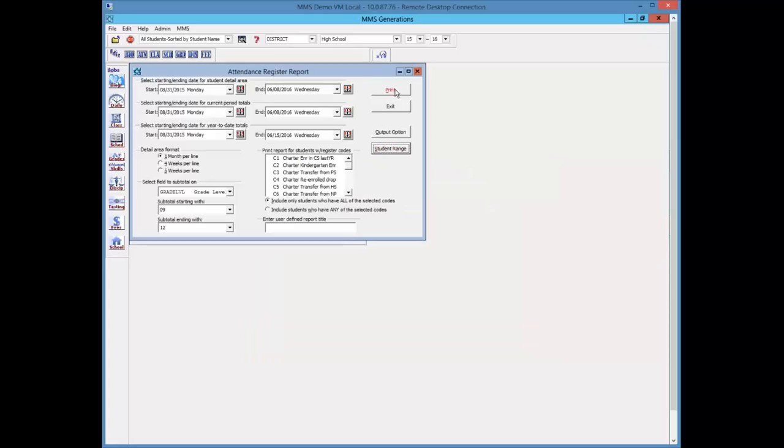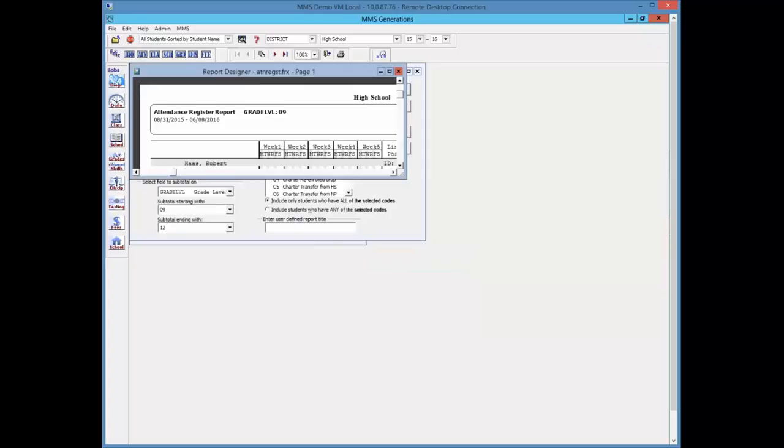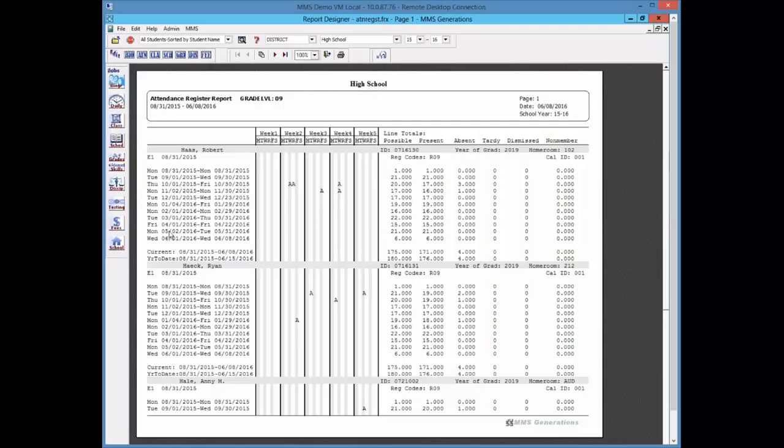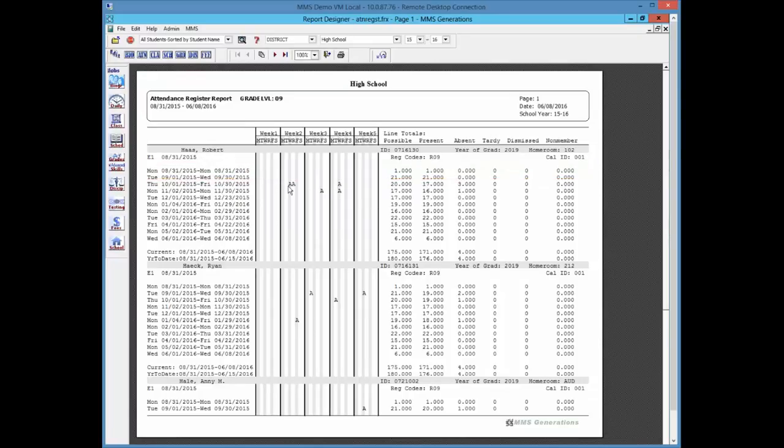And I'm going to go ahead and print. This is a landscape report, and for the attendance reports, the students need to be active in attendance. So for each student, we're going to see a month at a time, which is actually up to 5 weeks. And you're going to see the short code that's in your attendance codes to show here when the student was